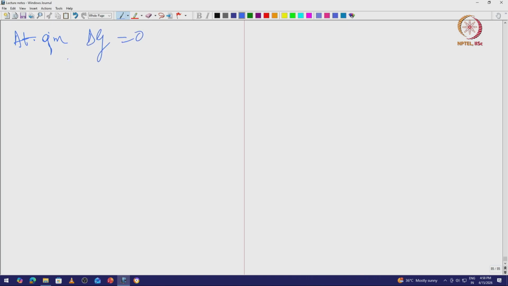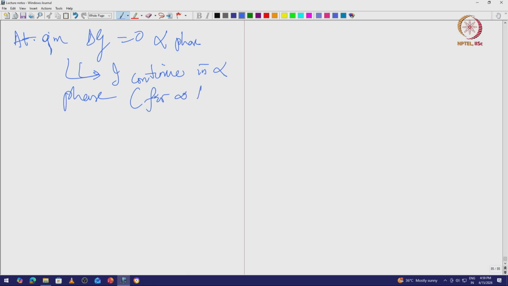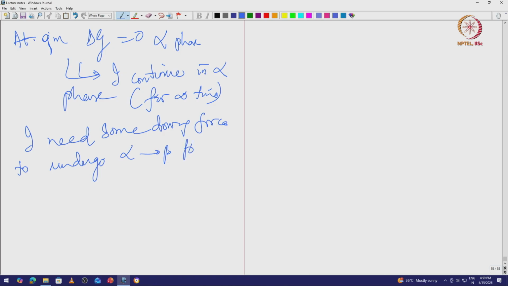When delta G is 0, there is no reaction. Meaning, if I am in alpha phase, I continue in alpha phase. They say I continue in alpha phase for infinite time, right. So, I need some driving force to undergo alpha to beta phase transition,